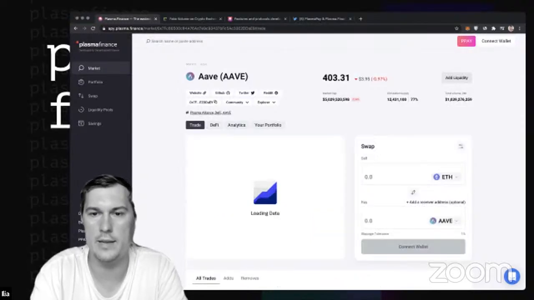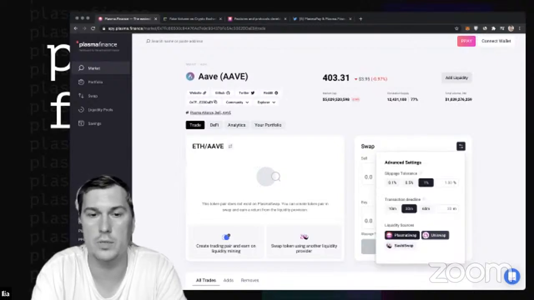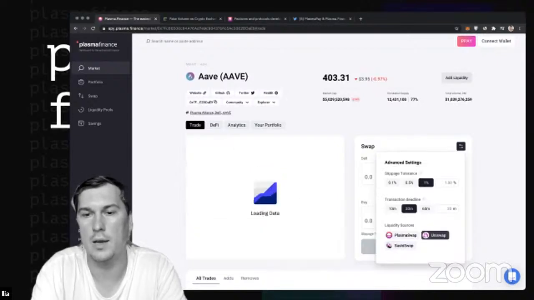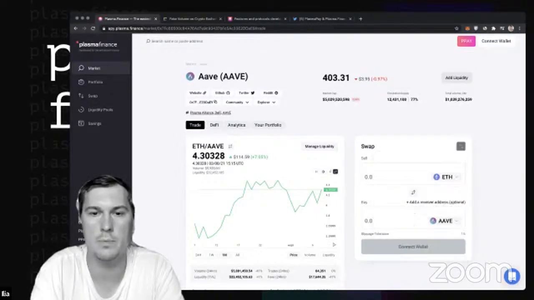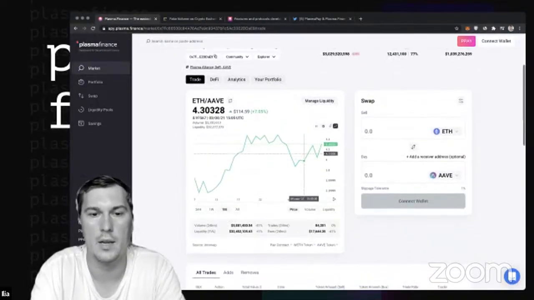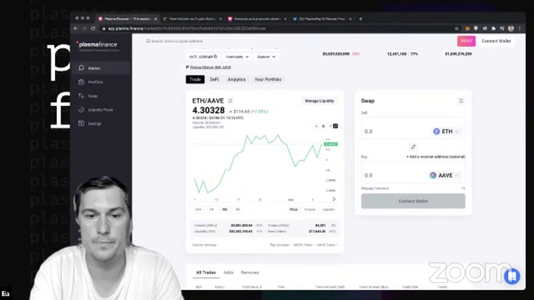So you can also choose on this page which source of liquidity you want to use. For example, on Uniswap, as we know, Aave has a huge pool on Uniswap, so you can see all this data here. With the additional statistics, you can check both tokens and go to the page,